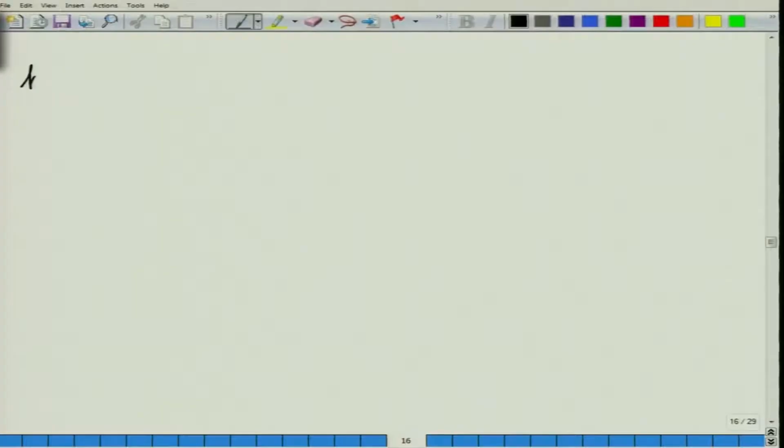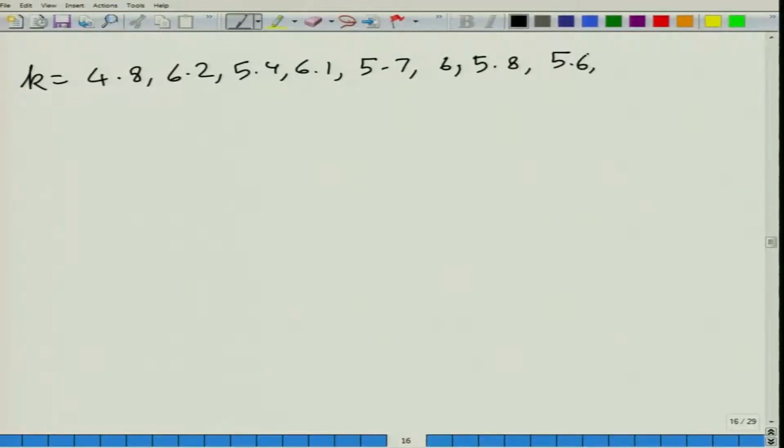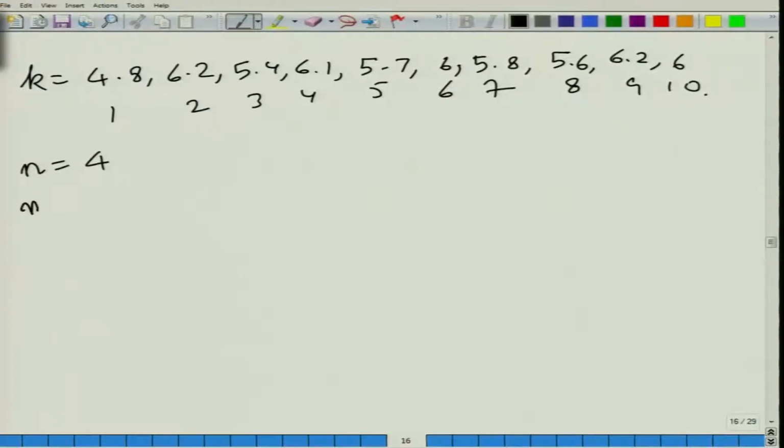Here we are given k equal to 4.8, 6.2, 5.4, 6.1, 5.7, 6.6, 5.8, 5.6, 6.2 and 6.1. That is 1, 2, 3, 4, 5, 6, 7, 8, 9, 10. So, we have 10 values. N is given to be 4, so it is the fourth nearest tree. M is given to be 10 because we have 10 samples. So, the number density